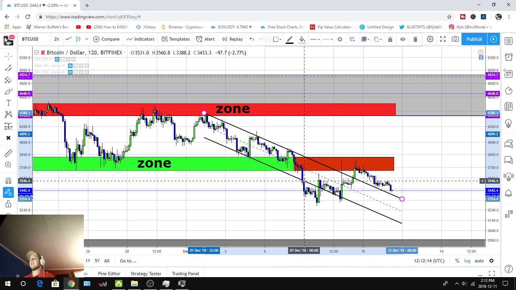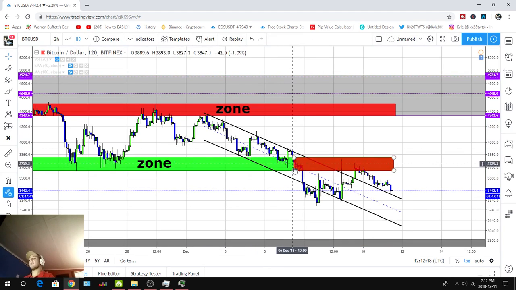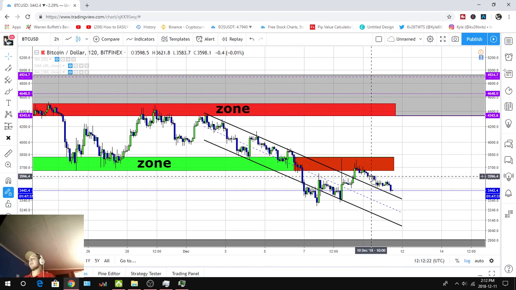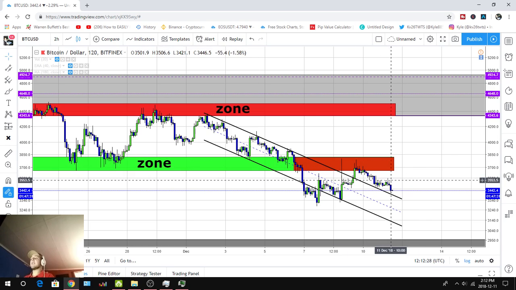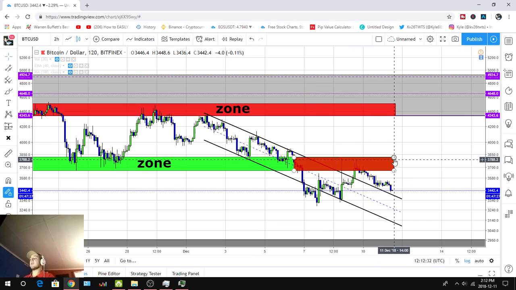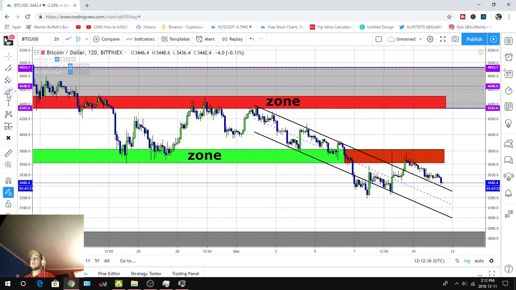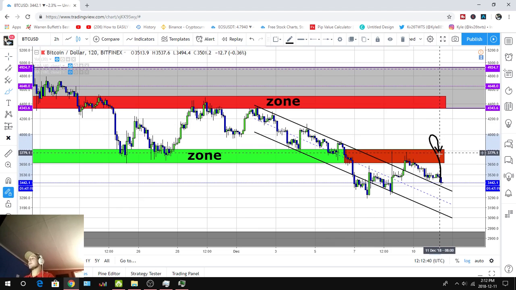I can see that structure right there isn't so nice, correct? I can see it broke out. They gave it the false break, broke back in and pulled back. Now out again, correct? But now we're out. Why don't we enter? Guys, we buy resistance. We don't care if it broke out. We buy resistance. The only way we will ever get back in the market is if it breaks up, comes back, bounces,